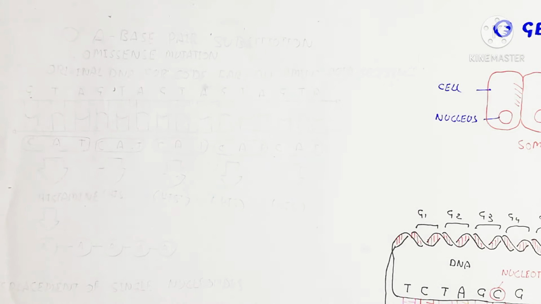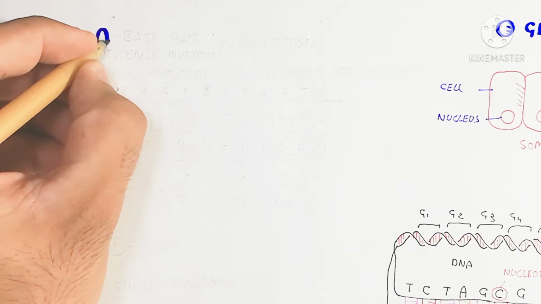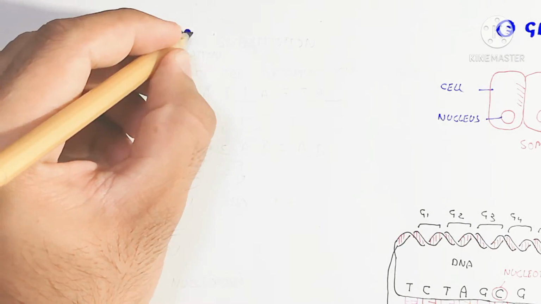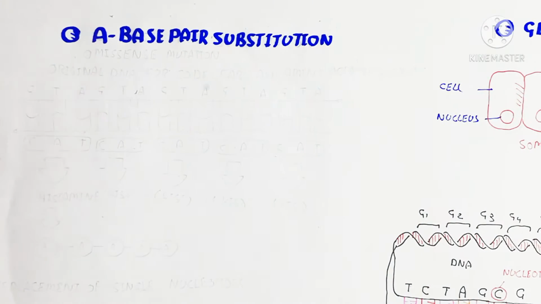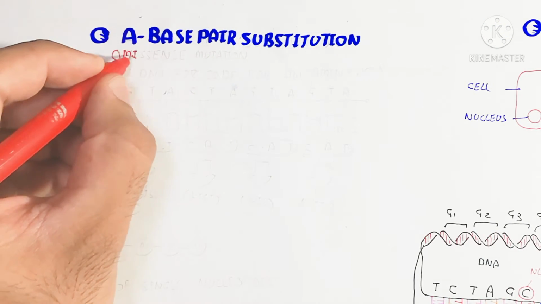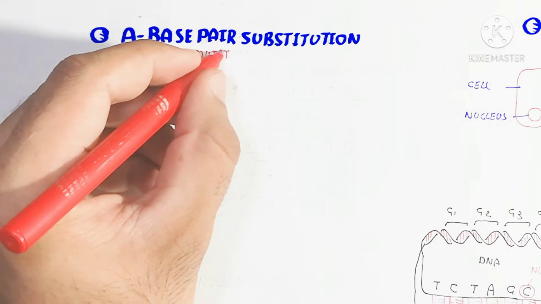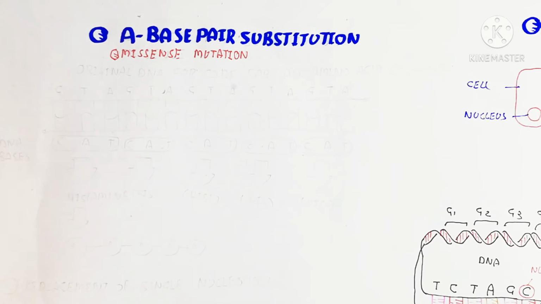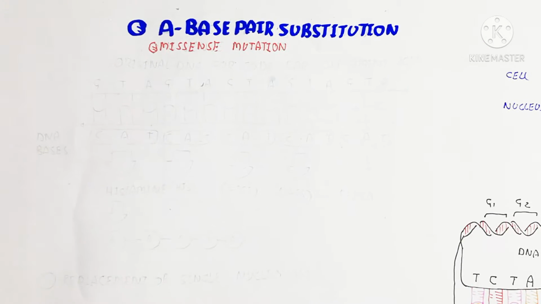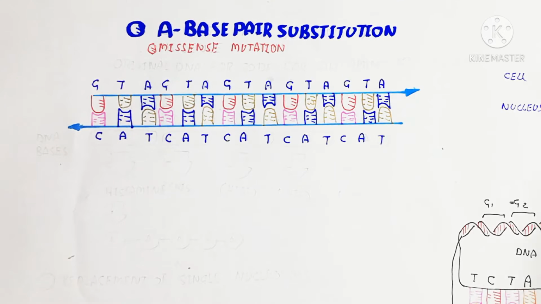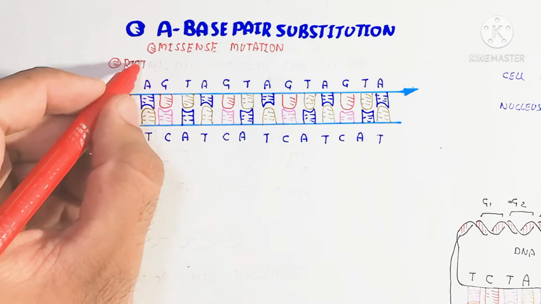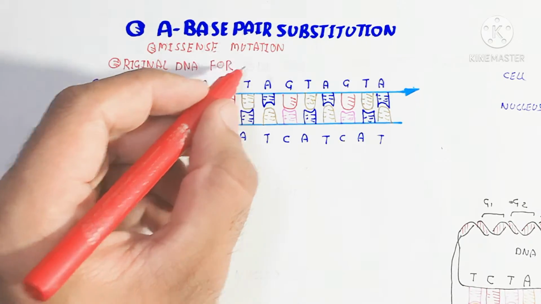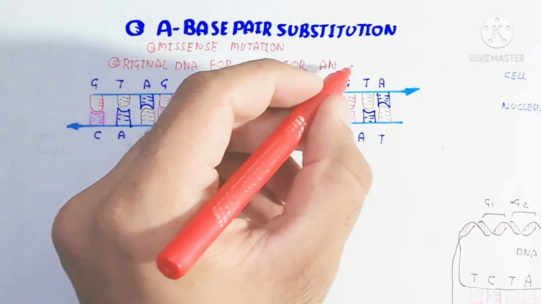So let's talk about the base pair substitution. It means the base pair will be converted or changed. So how is it possible? The original DNA code for an amino acid sequence will be changed. It means one base pair will be changed to change one codon, which is specific for the production of an amino acid. So here is the codon CAT: cytosine, adenine and thymine,